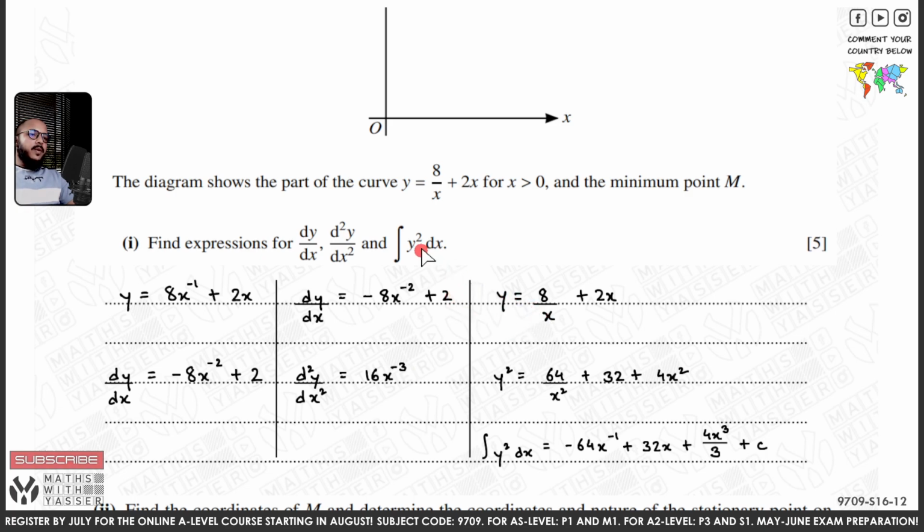Now, before we integrate y square, we need to find what y square is. So y is 8 over x plus 2x. So y square must be, using the formula a plus b whole square, 64 over x square plus 32 plus 4x square. Now integrating this,